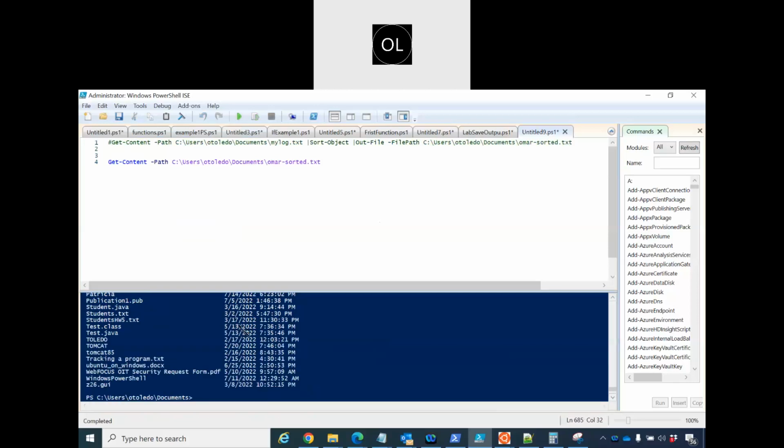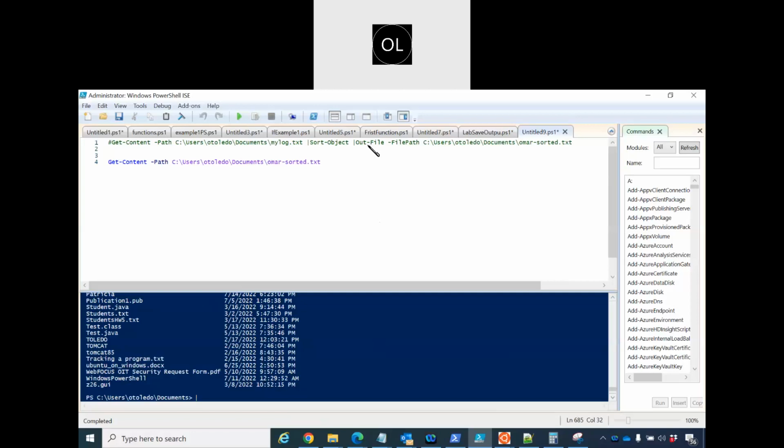See that? Okay, so Get-Content helps you to open the content of a file, and then you can modify the output according to your need, and then you can redirect with Out-File to another file. Okay,